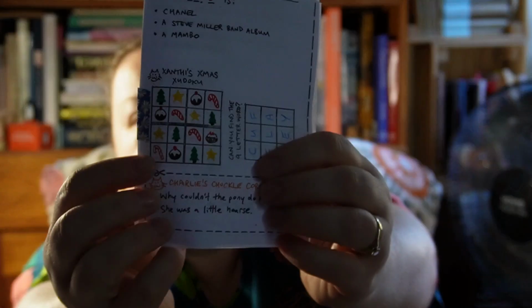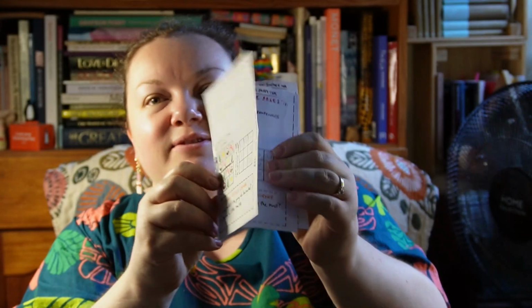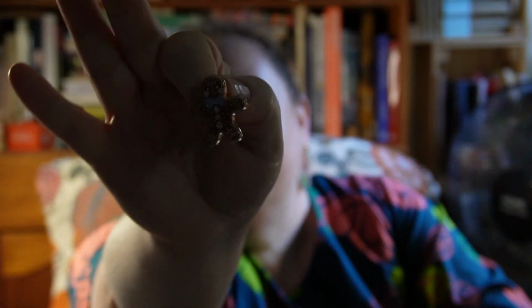Whew, okay, no luck on the puzzle. I did finish this one though, and I've added it to my little stack of puzzles that I'm still working on. Maybe I'll take it to school today and see if I can get the kids to help me. Let's see what we can do. I've also decided to add a little badge to my outfit today, which is my little gingerbread man. So we'll pop that on,